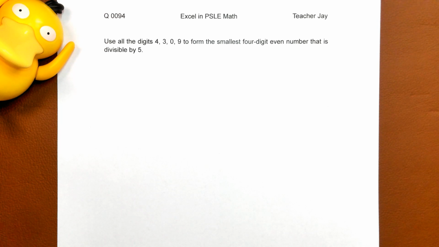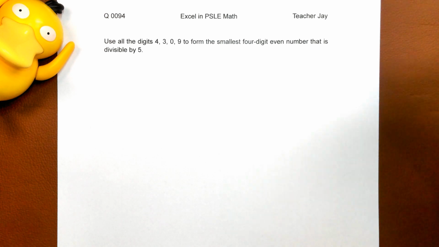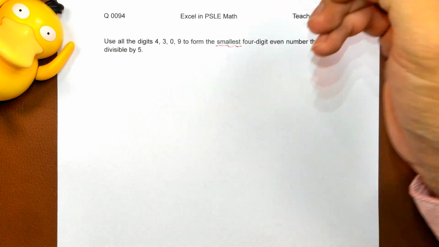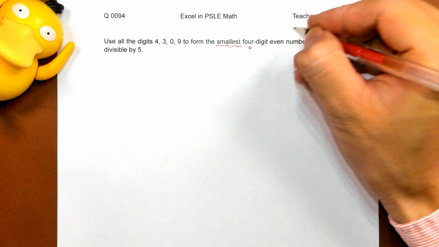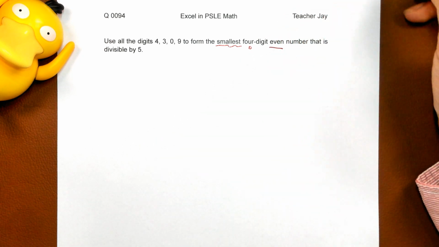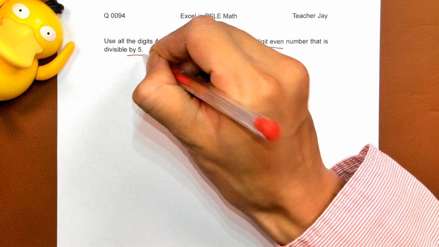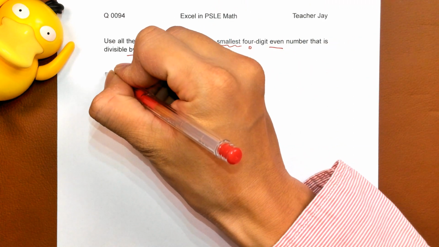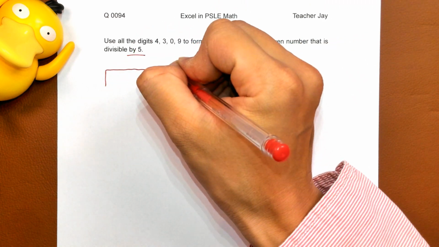Use all the digits 4, 3, 0, 9 to form the smallest 4-digit even number. Smallest 4-digit even number that is divisible by 5. Alright, now 4-digit